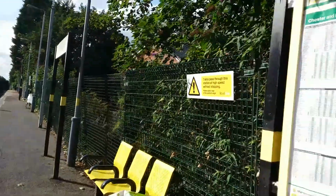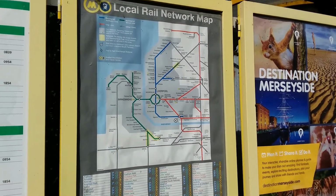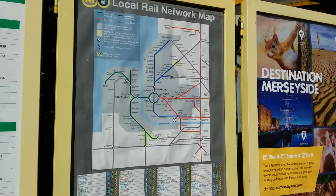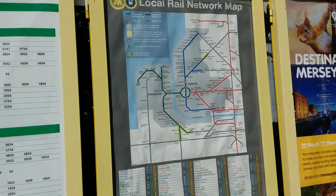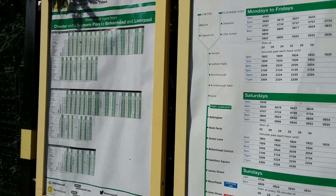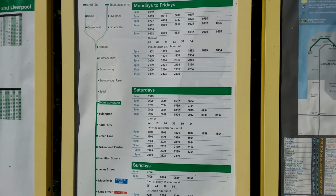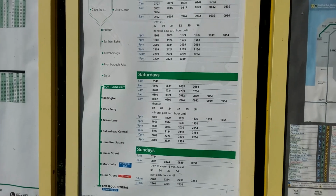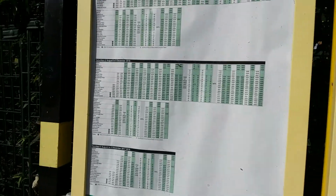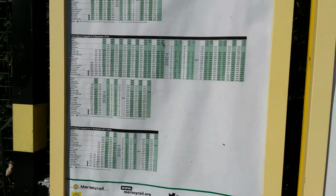On each side we have these information boards. There's one of a local rail network map. I'll be going to a few other stations on this map later today, and there's also these timetable boards as well. Here is the departure times from Port Sunlight heading to Liverpool Central, while on the left hand side is showing the whole timetable in the direction of Liverpool Central, or all the times along this line,